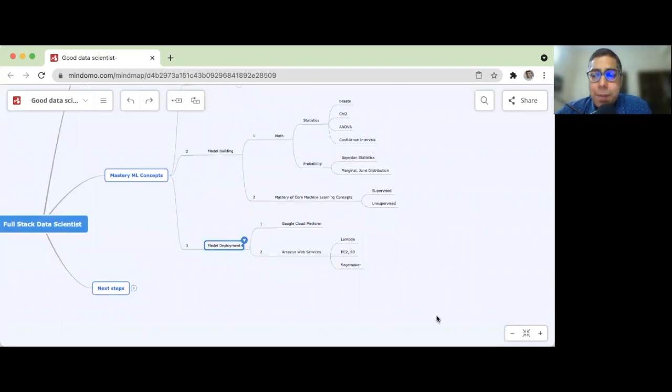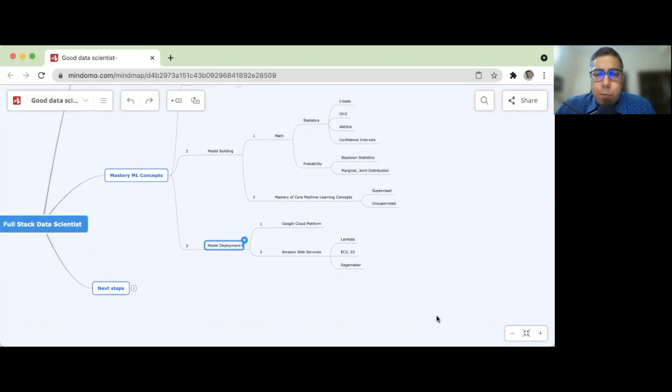And finally, this is where a lot of people actually make a lot of mistakes: model deployment. Make sure, double check, triple check if your course covers the deployment piece. This is a missing element in almost all of the best courses. And I'm not saying ours is the best, but there are a lot of other courses. For some reason, they have not kept pace with that.